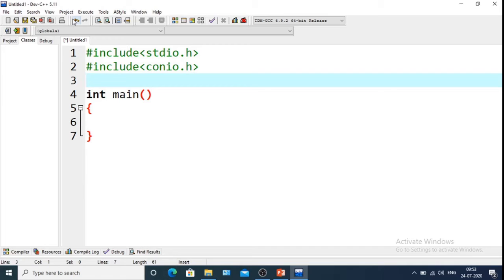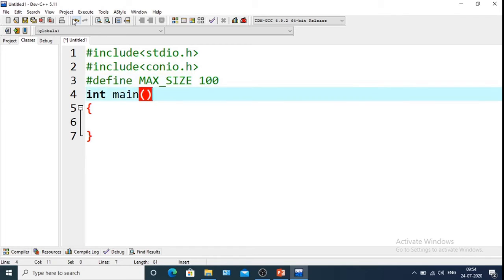Here we will take a preprocessor directive, that is hash define. This is the macro. MAX underscore SIZE is 100. This is basically the maximum array size.